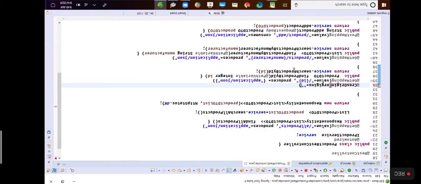Now here you can provide the origin names here.